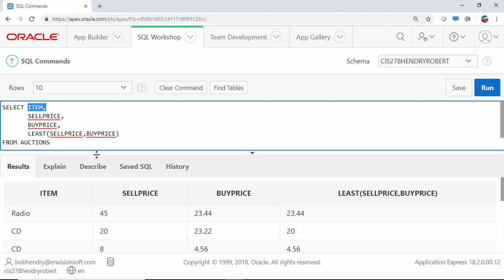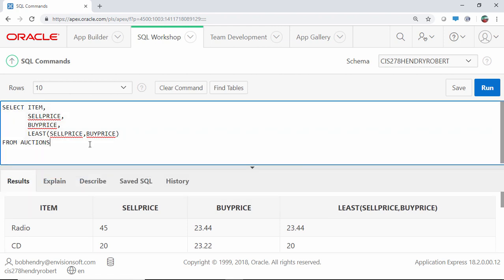Now, this is kind of a little bit advanced. Let's just say I wanted to do this. I wanted to say the item, the sell price, and the buy price. And I will say, this is kind of advanced, where I want to see this data, but I want to put an aggregate function and a where clause, and I can. Again, the ask is, show me the item that had the largest selling price. We could say from auctions, and we could say where, and we could say sell price,